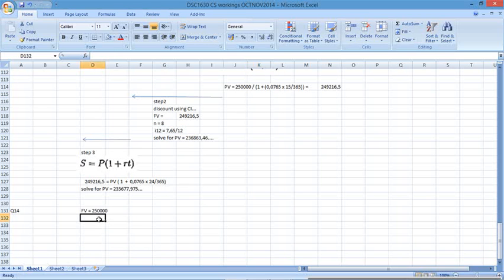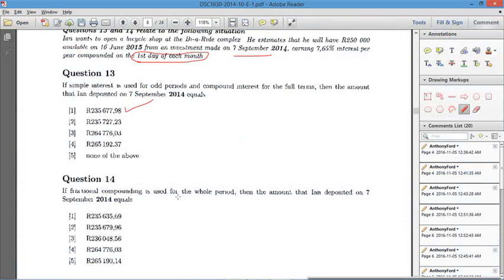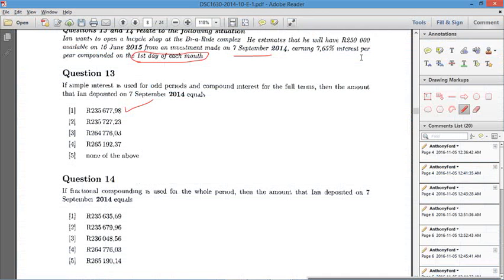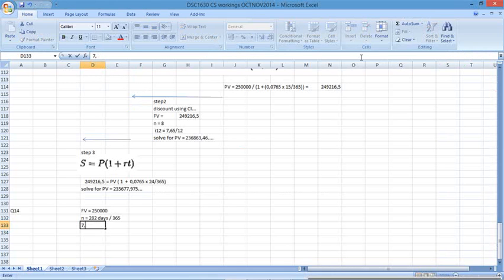So N equals 282 days, divided by 365, because that's the number of days in a year. What rate was I given in the question? I was given 7.65 interest per year, compounded on the first day of each month. So that's I-12. I-12 is given as 7.65, which I then need to convert